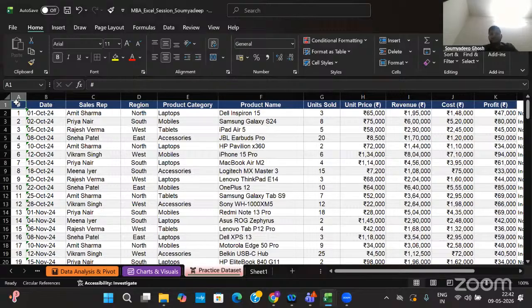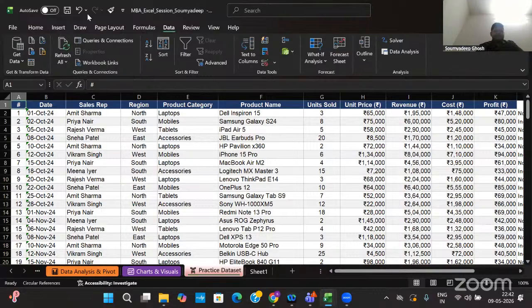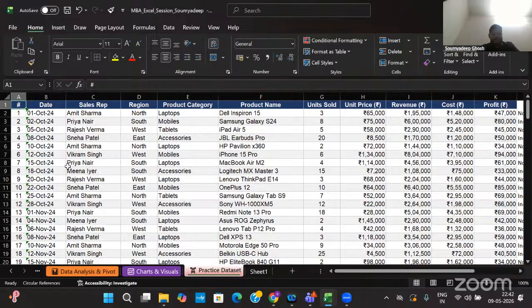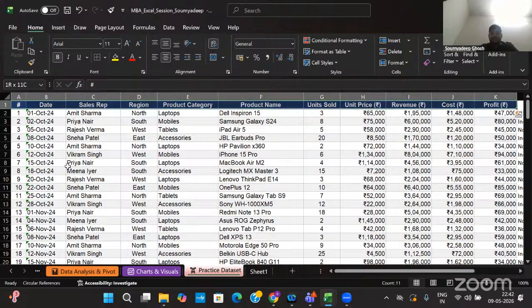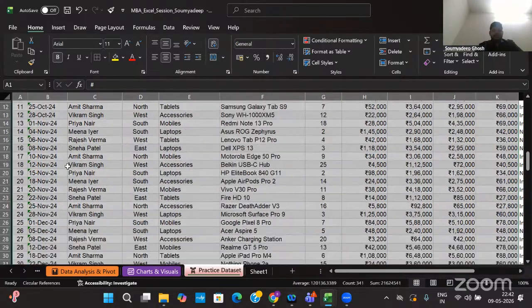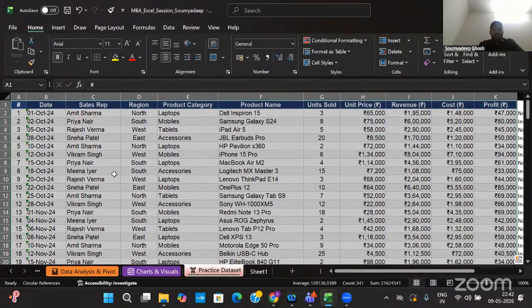So to create a pivot table, one way is we go to Data and then Insert, and I can add the pivot table. From Insert, you can add a pivot table. But in MBA, we'll try to use as many shortcuts as we can. So first we select the entire data range, that is this. Then I'll just remove the total column. Then I'll try to create the pivot table by using a keyboard shortcut.